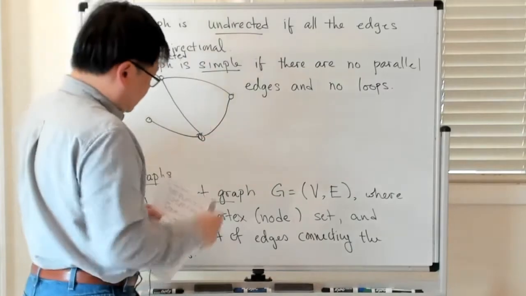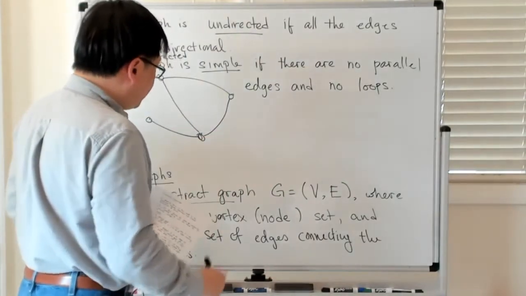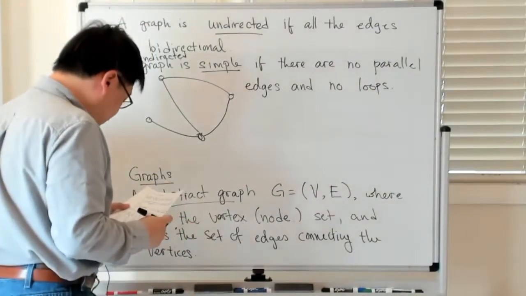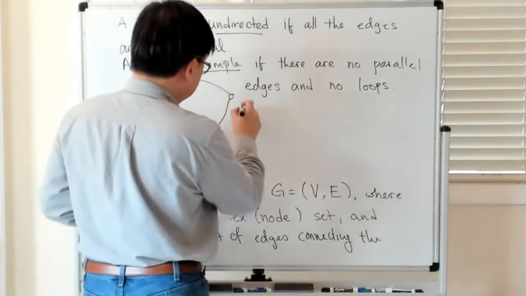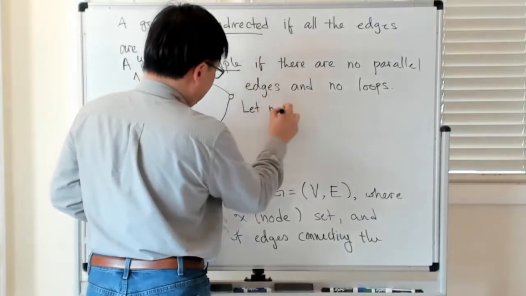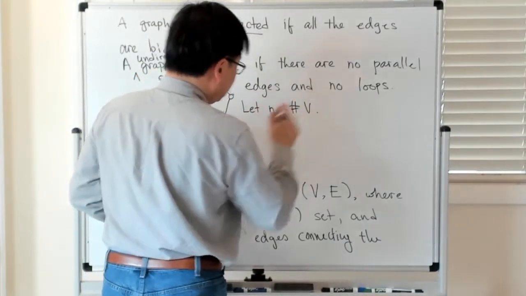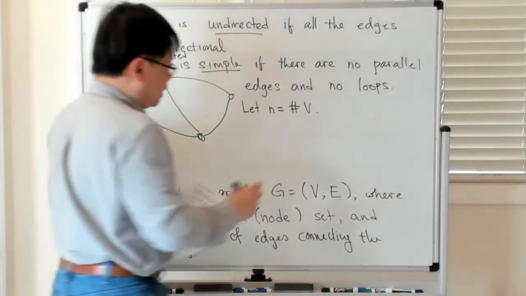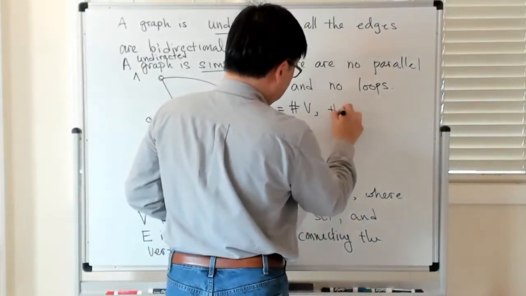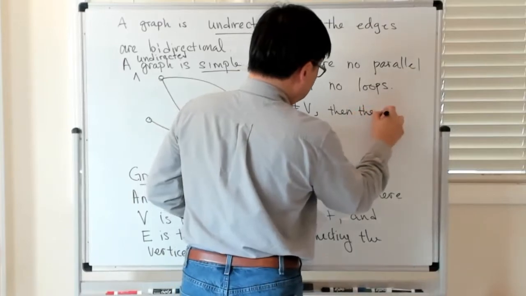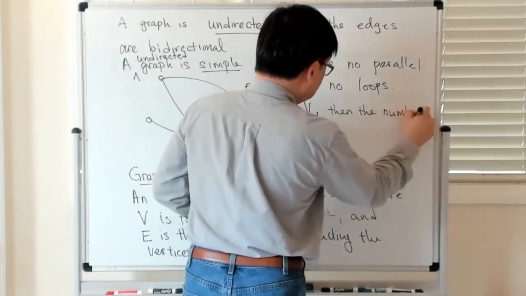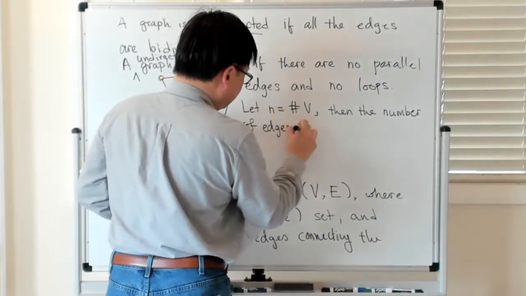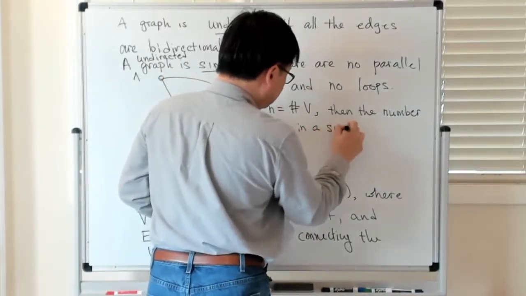Okay, and then let's do a little bit of notation and say a little bit more about these kinds of simple graphs. So you let n be equal to the number of vertices. That's the cardinality of the vertex set. Then the number of edges in a simple graph,